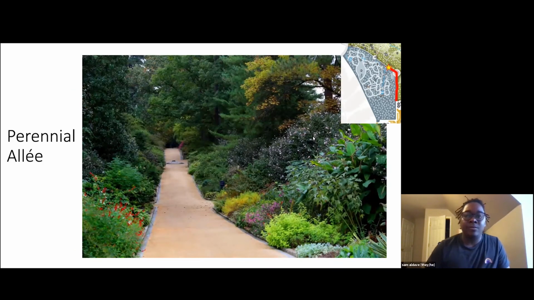From the fountain, we're going to turn left onto the perennial alley. Perennials are plants that keep growing year after year, though their leaves may turn brown and die in the fall and winter. The whole plant may even disappear underground, where it rests until the following spring, when the temperature warms up and the length of daylight increases. Then new leaves and flowers will emerge and grow.